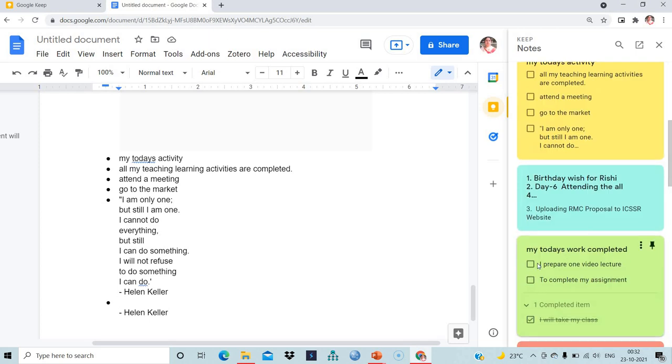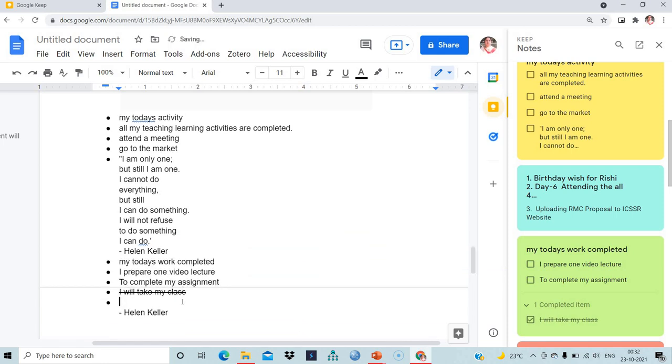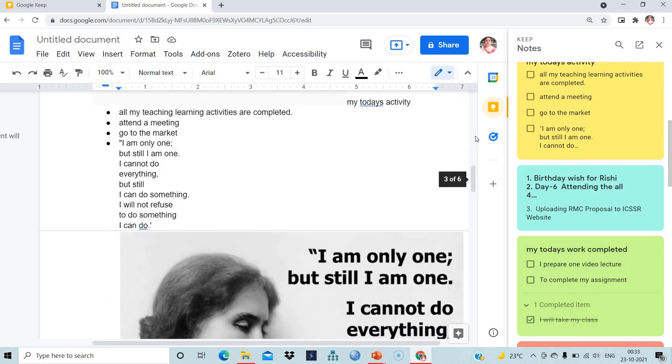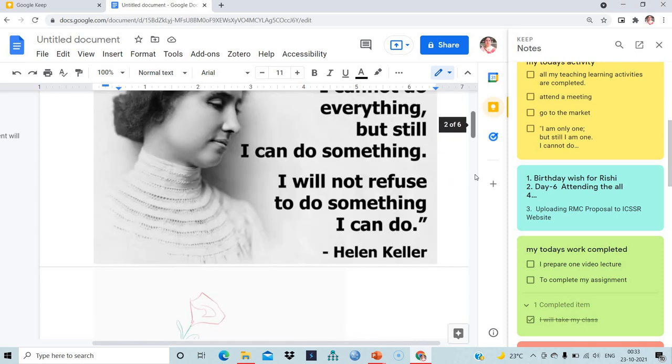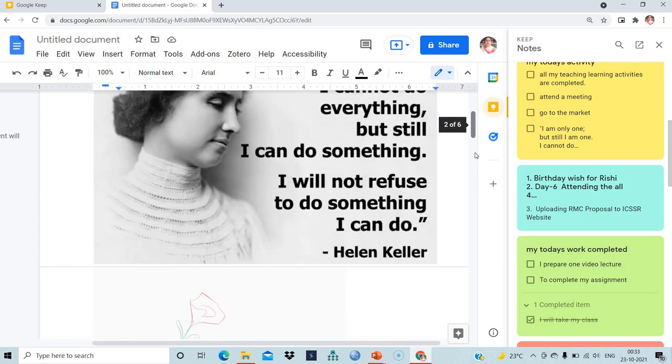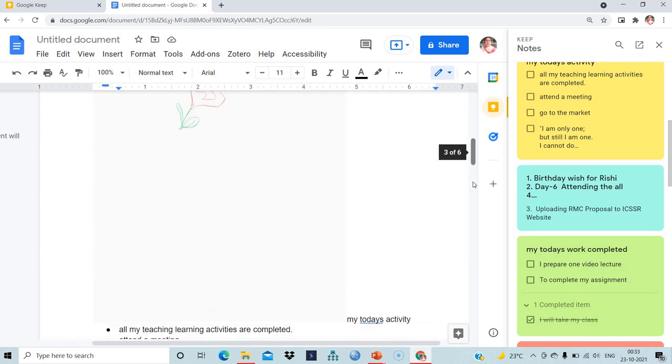Image, text, whatever you want, you can simply drag and drop, and all these are available in your Google document. So easy to work on it. So in this way you can use Google Keep for your note taking and organizing your day-to-day activity or your daily thoughts, and you can remind your activity.